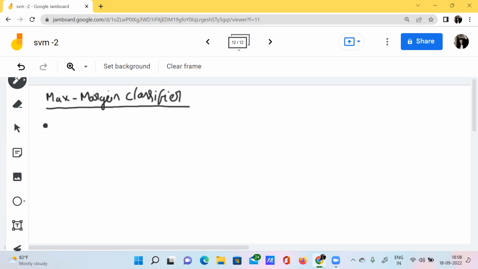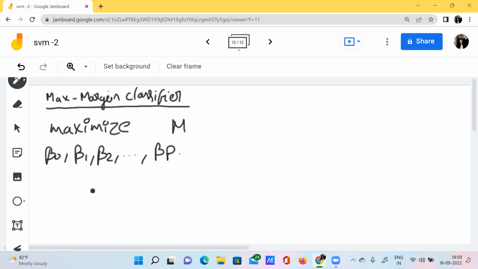So how to do that? Let's have a look here. We have a specific kind of problem here. Our goal is to maximize M over beta naught, beta 1, beta 2, and so on, beta p, subject to the sum over j equal to 1 to p of beta j square equal to 1.